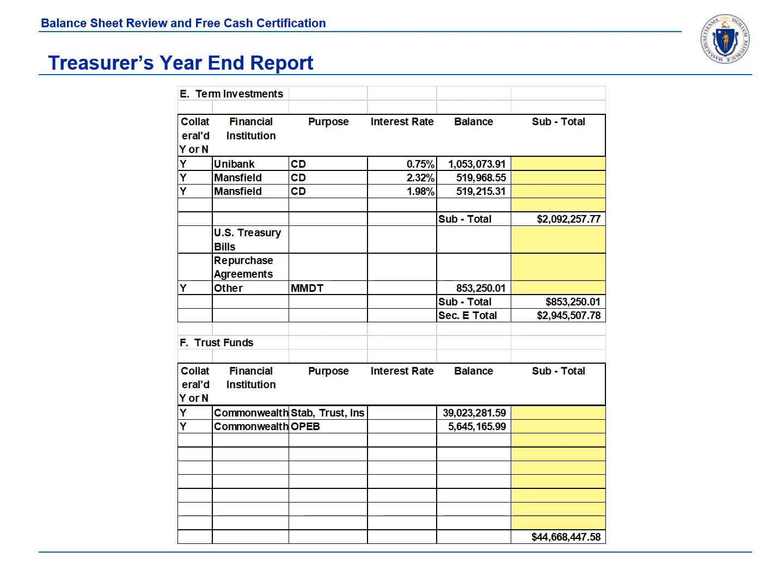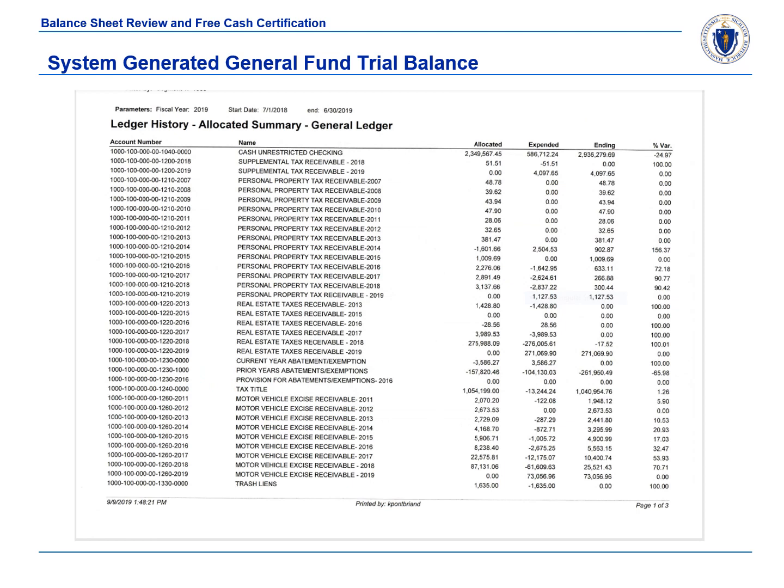the cash reconciliation form. The system-generated general fund trial balance report is uploaded by the accountant or auditor to the balance sheet submission page in Gateway. This is where the amounts entered in the general fund column on the combined balance sheet originate. It is used to verify that the amounts in the combined balance sheet are actually what is in the ledger